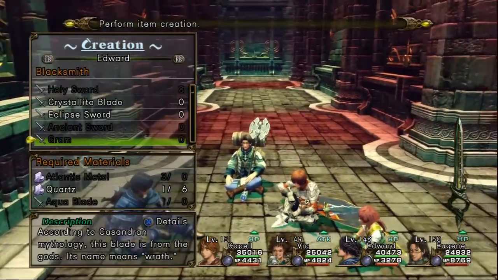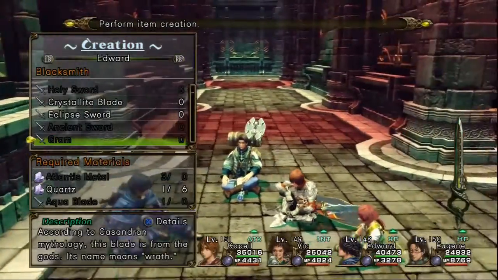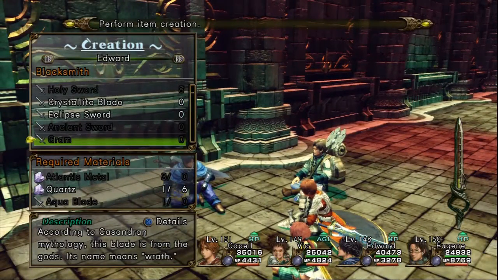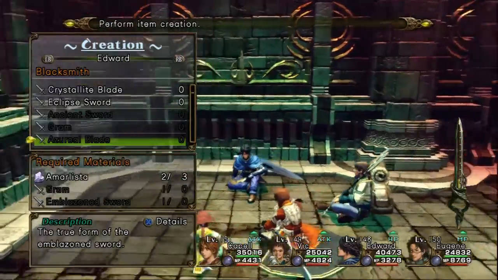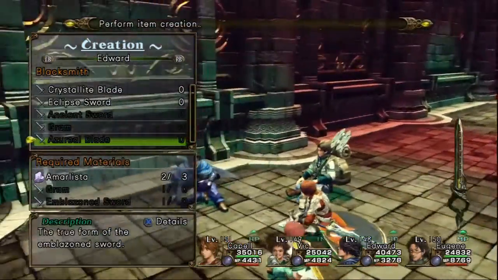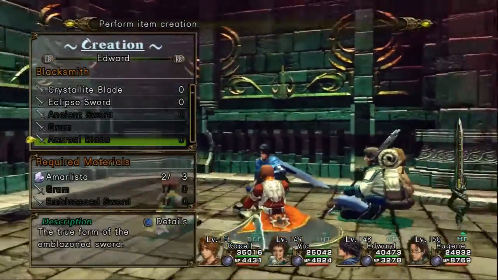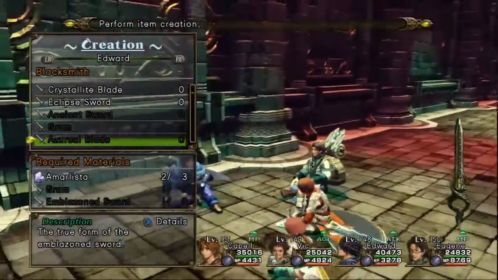But I'm going to do that after I beat Gabriel Celeste, and you're going to see why in a minute. But once you make the Graham, you can then make the Azureal Blade, which is Capell's ultimate weapon. It requires 2 Amaryllis, 1 Graham sword, and the Emblazoned sword that you got from Sigmund back in the beginning of the game. You're going to want to save after making the Graham, and then